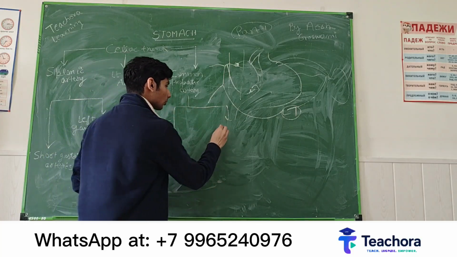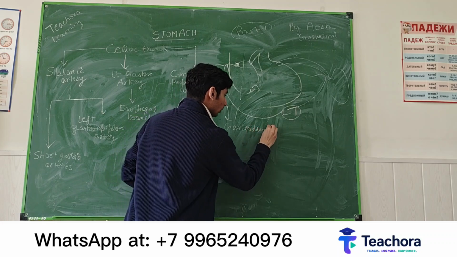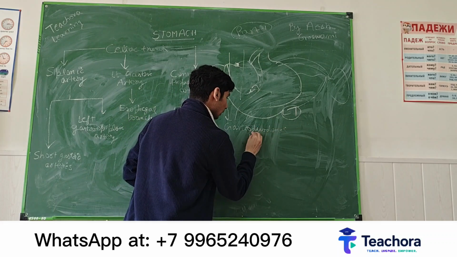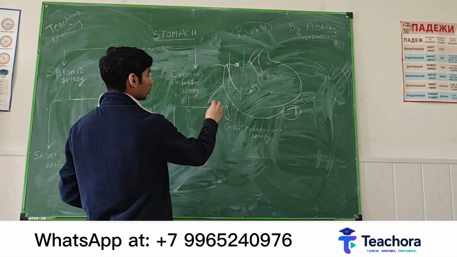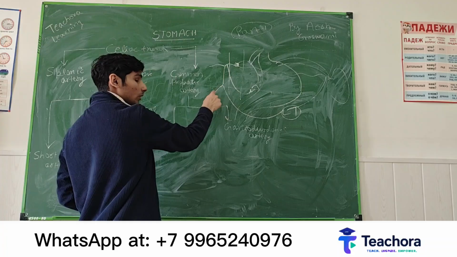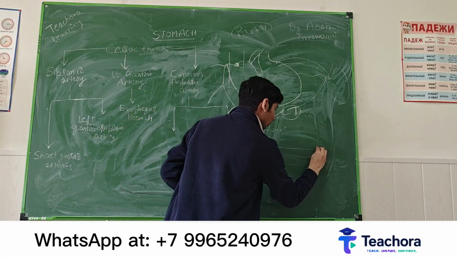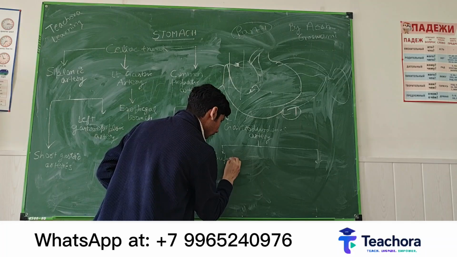One branch is the gastroduodenal artery. So where is the gastroduodenal artery? This one is the gastroduodenal artery from the common hepatic. And the gastroduodenal artery gives 2 branches. Which 2 branches? Superior